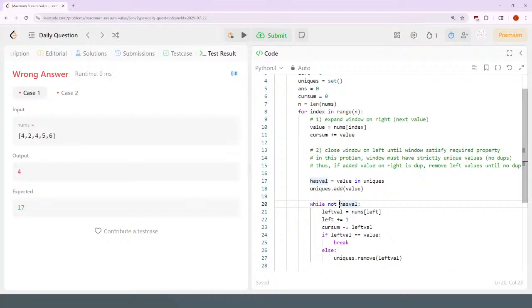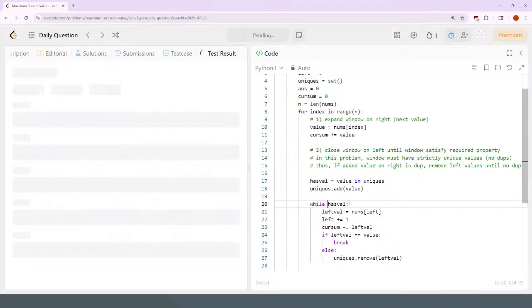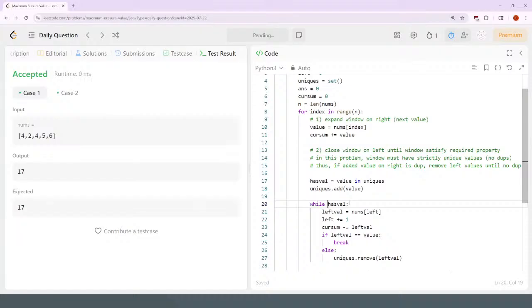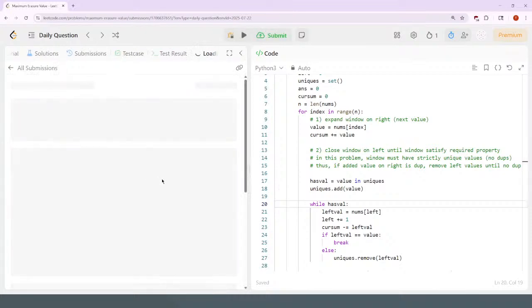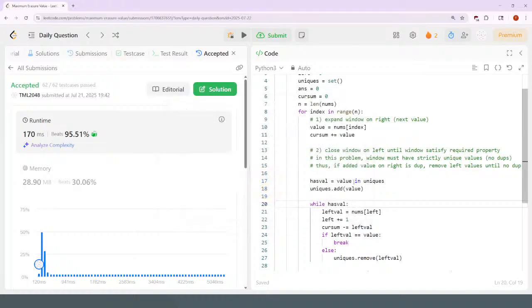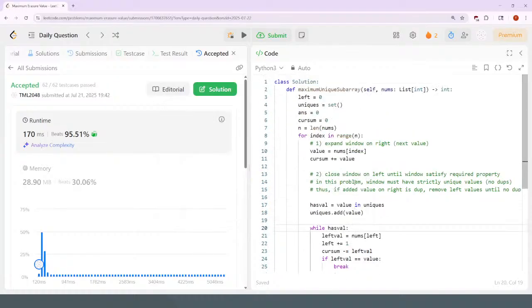I think this is wrong. It's the wrong logic. Oh my god. That's pretty sad. It's the opposite logic. Okay. Alright. Let's see if I can't